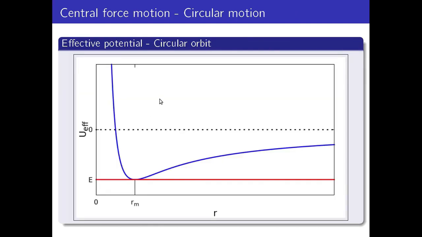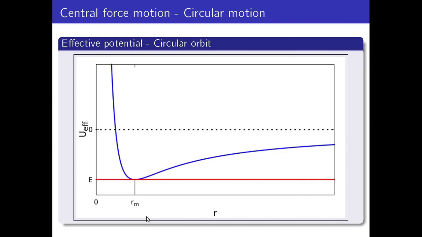The first conic section that we will consider is the circle. This type of orbit is seen when energy is equal to the minimum of the effective potential. In this case, energy is negative. This may seem strange, but for bound cases, it is natural to have negative energy. For this case, there's only one possible R value, and it doesn't change throughout the motion, which gives a circle,